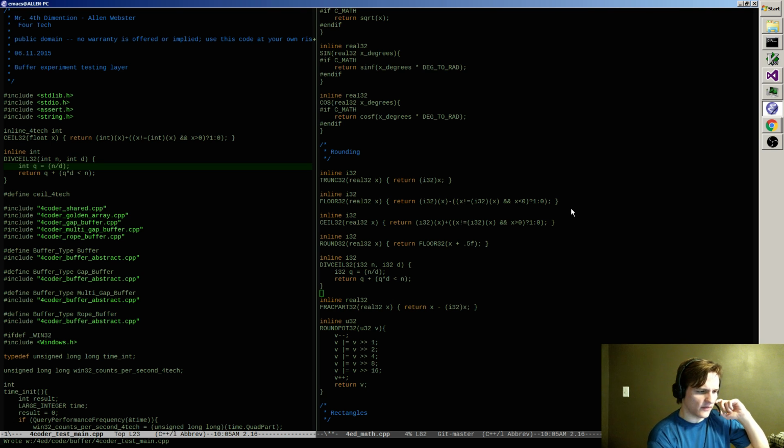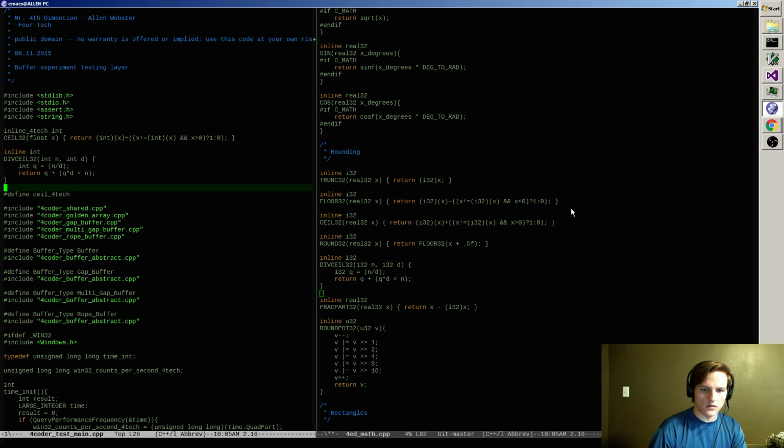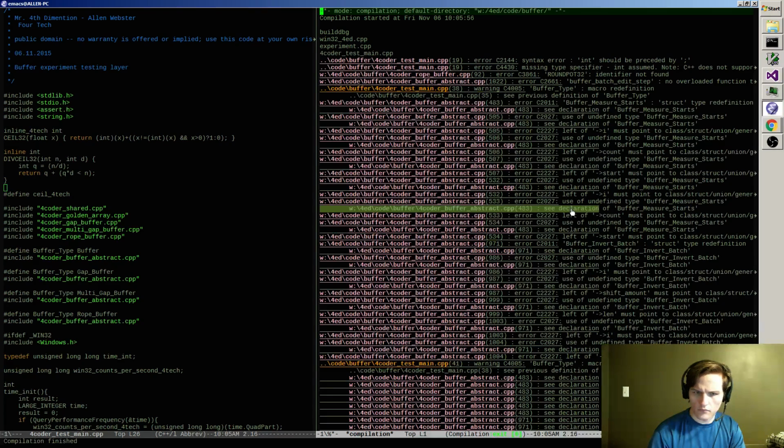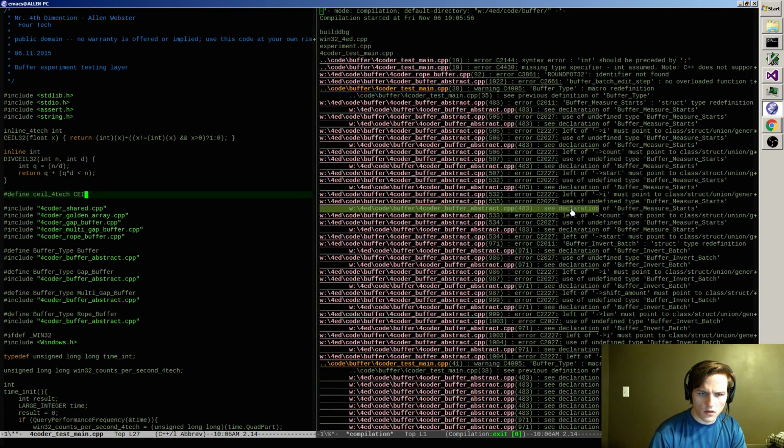Getting a proper ceiling is kind of difficult when you want negatives to have a ceiling as well. If I wanted just a ceiling for positive only, it could be a lot easier. But when you consider that you might need positive and negative, rounding in one direction becomes a pain because the primitive always truncates. So you don't have a round that goes in the same direction. If you had one round that always went down, for example, then it'd be easier to make a ceiling from that. You would just negate, round, and then negate again. But alright, so div will be ceil.